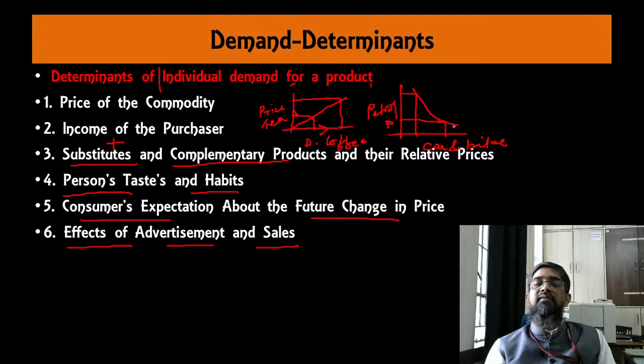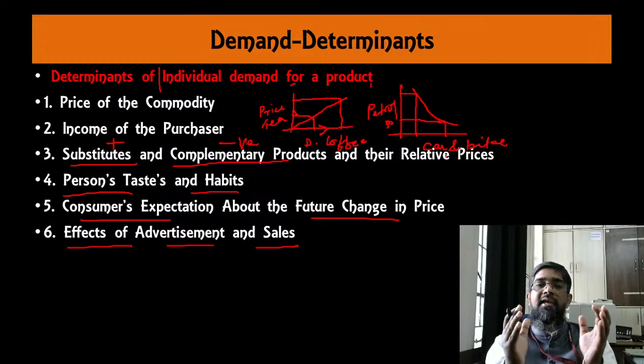So in this case there is indirect, यहाँ पे ज़्यादा है तो डिमांड कम है, प्राइस कम होती है तो डिमांड बढ़ जाता है. In case of complementary goods, there is negative relation or inverse relation between price of related good, complementary good, and demand for the related goods. Okay, so complementary goods are those goods which are demanded simultaneously, एक साथ jointly demand होते हैं, इसलिए एक की प्राइस बढ़ेगी तो दूसरे की डिमांड घट जाती है. तो this is way price of related good influence the demand for a commodity.